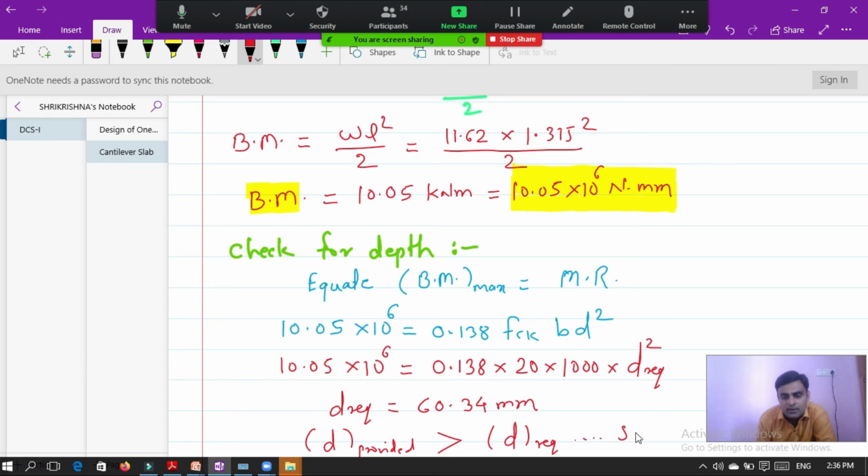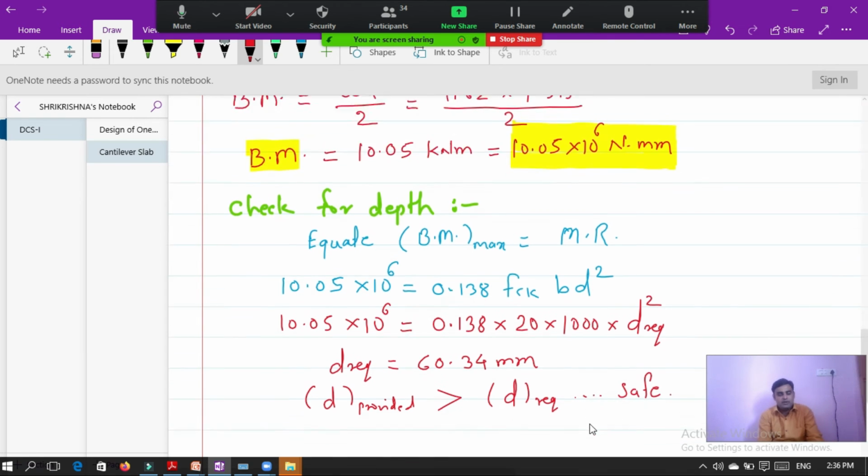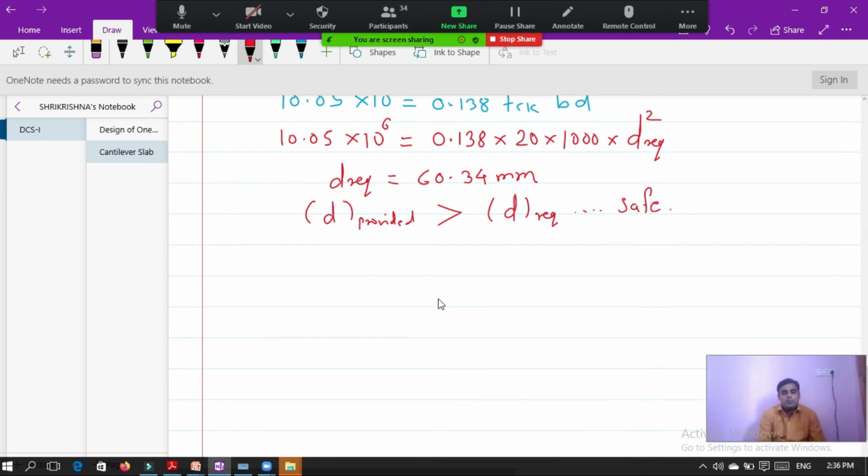Therefore it is safe. Whatever we have provided is greater than what is required, hence it is safe. We have provided d 130 and it required 60. So it is safe.